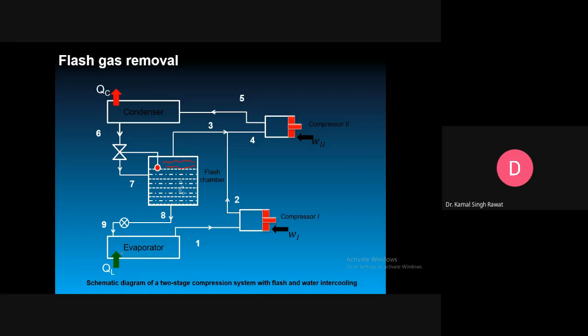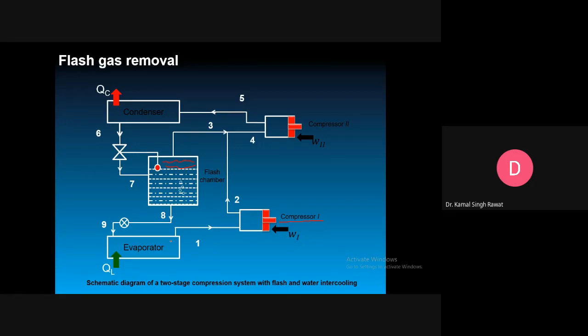And in the evaporator, this refrigerant absorbs heat from the low temperature and this liquid converts into vapor. So at point 1, we have saturated vapor at the evaporator pressure. Okay, so at this point we have saturated vapor at low pressure and these vapors enter the compressor. So this is our first compressor, compressor 1. In compressor 1 we supply some work, W1 or WC1.